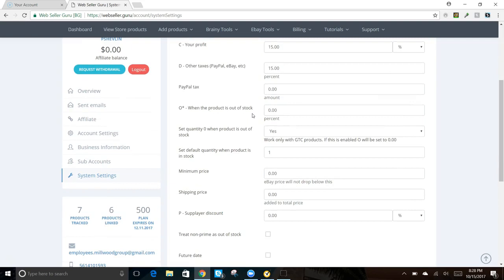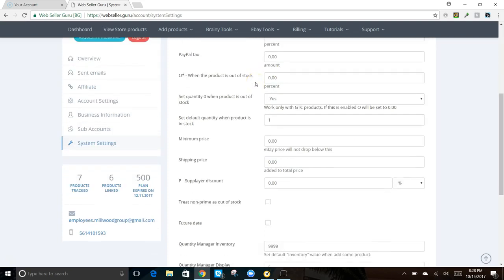And then down here, PayPal tax 0, because we figured it in right here. Make sure you guys have this. I think the exact formula is like 15.84. I'm just using 15. So then when your product's out of stock, some people like the price to go up